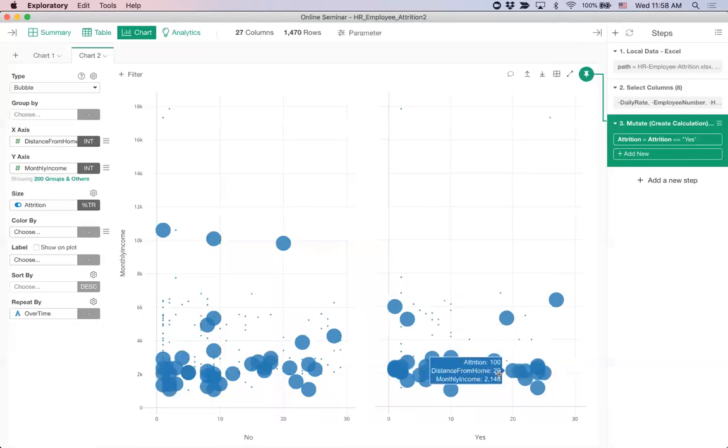And then over time is basically no or yes, and we don't really see much difference between these two. It's kind of hard to see, but yes side. And if there is any difference, x-axis is the walking distance from home. So if you live kind of far, you tend to leave. But to me, it's a little hard to see the difference,